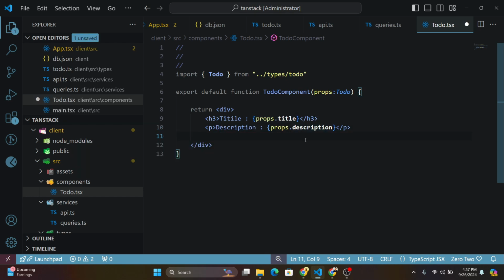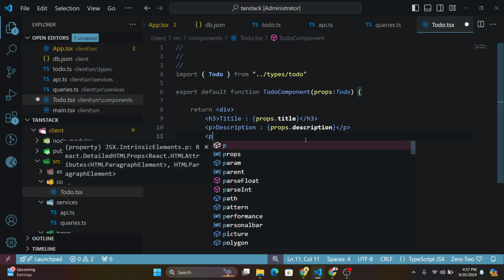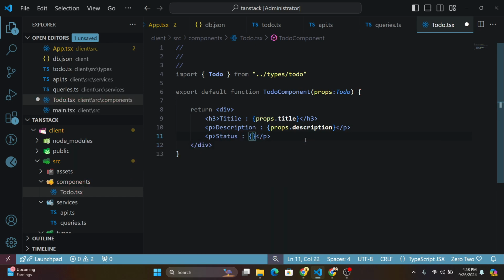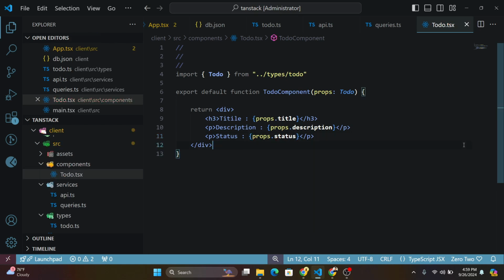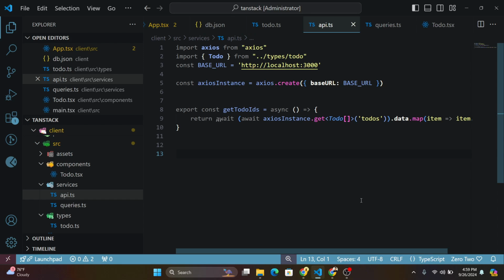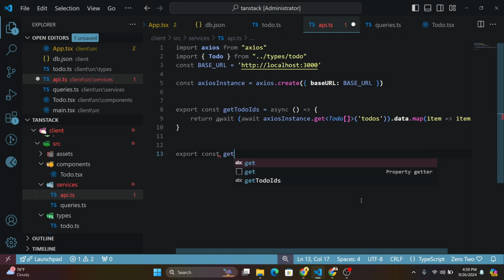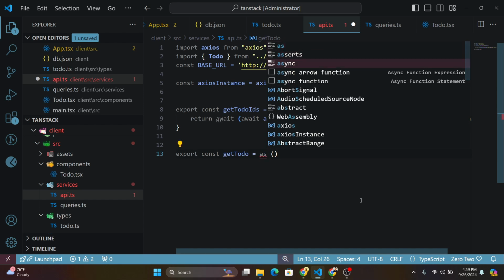And last but not least, we are going to display the status. As we now have created the to-do component, we should now go back to api.tsx, and now let's create another function, export const getTodo. It's going to be an asynchronous arrow function,